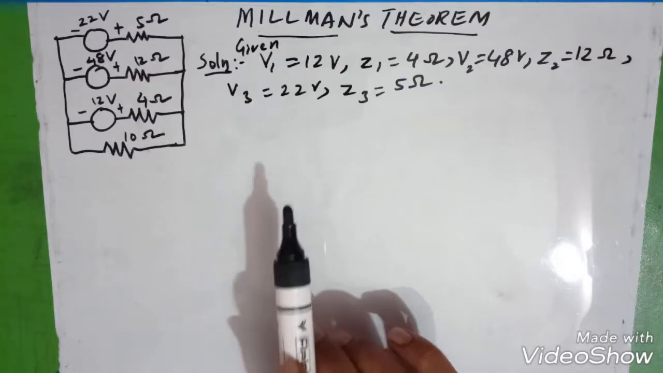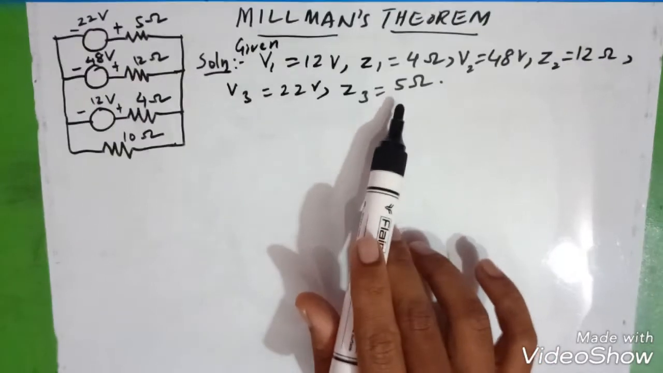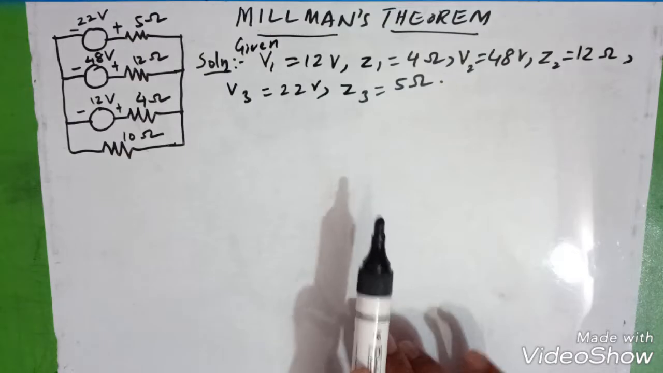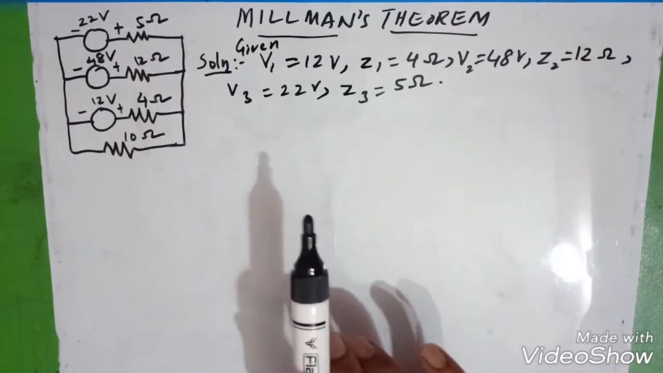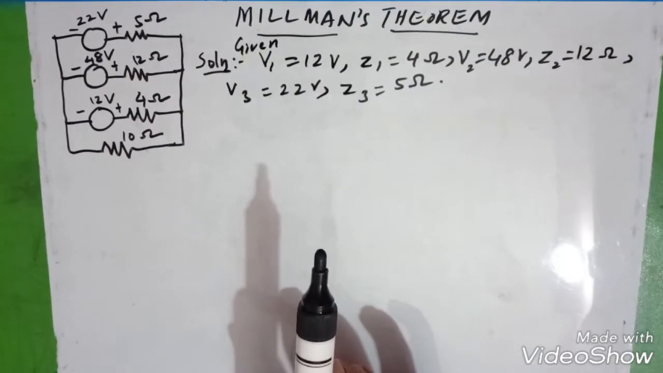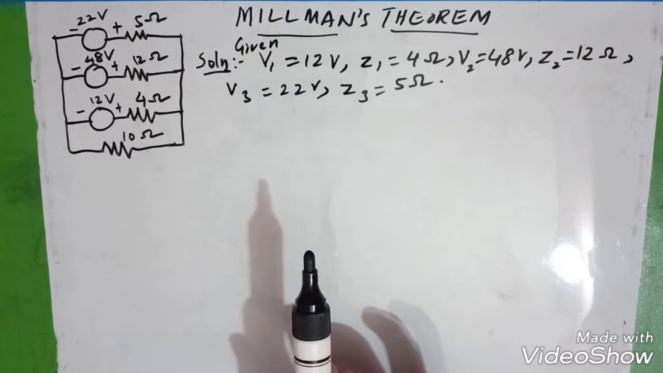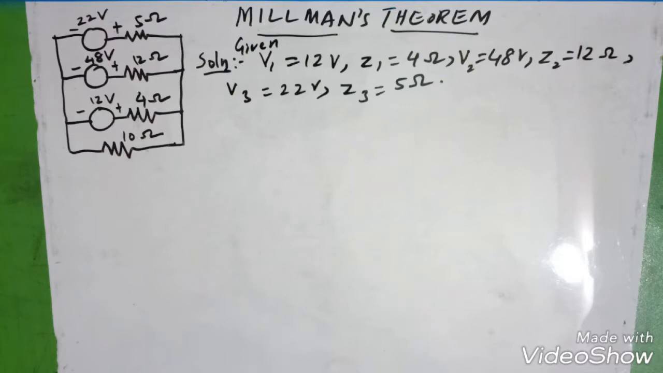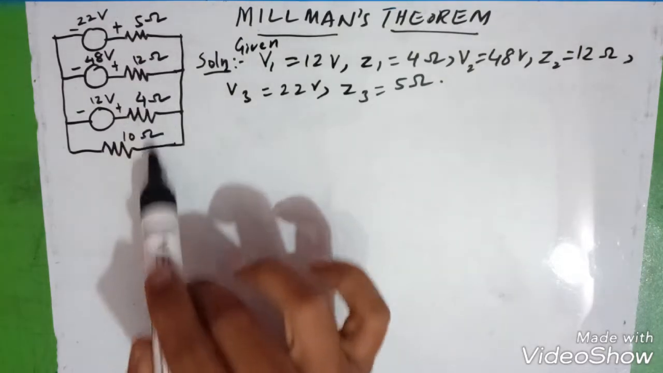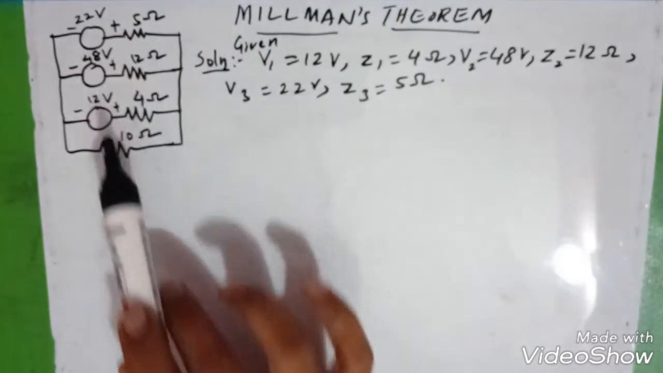In today's class, we have Millman's theorem. Let me explain Millman's theorem using one example. Before that, I will just give you the statement of Millman's theorem. Millman's theorem states that if n voltage sources, in this we have three,